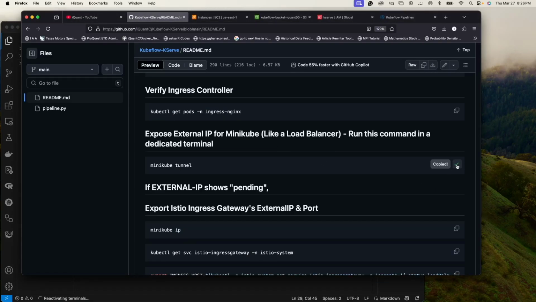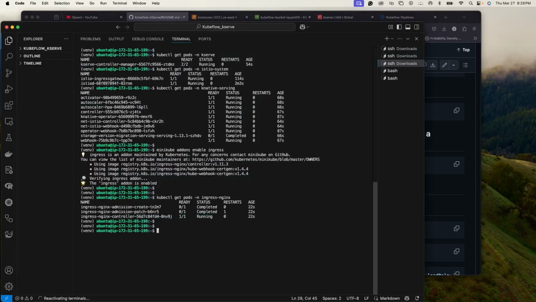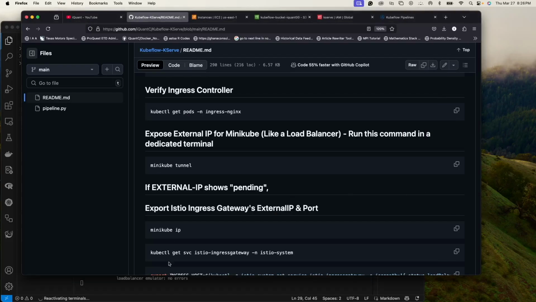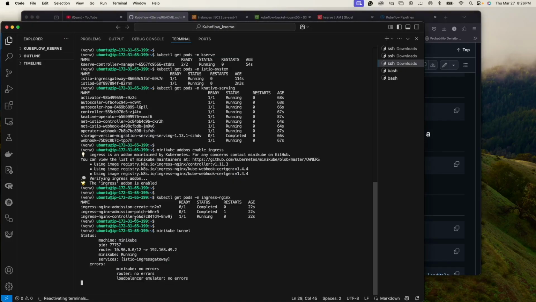Now with that, I'm going to expose Minikube with an external IP address similar to a load balancer, but not really a load balancer. I'll do that by running minikube tunnel. Now this creates a tunnel